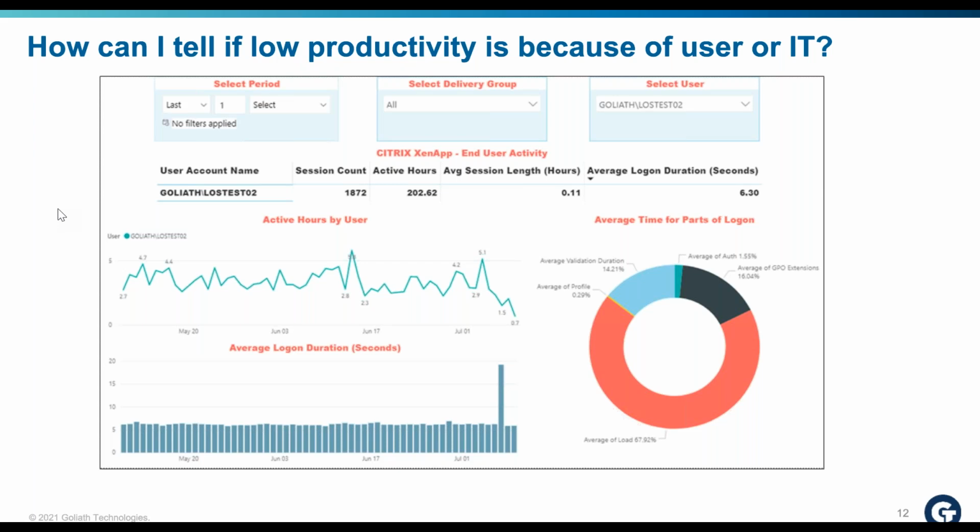And Joe, we had a question come in on the chat. I'm just trying to deconstruct it a little bit so I can ask it. So the question is,